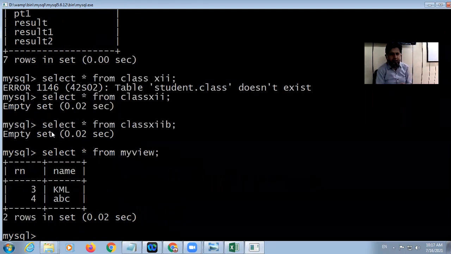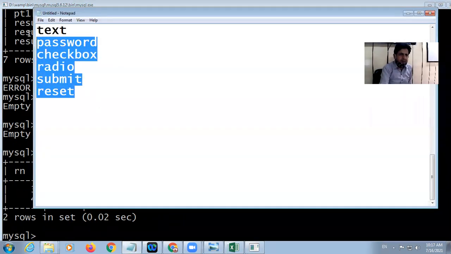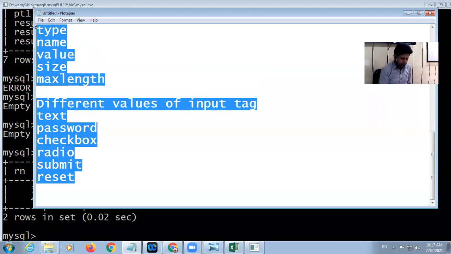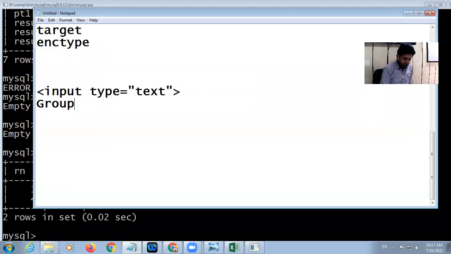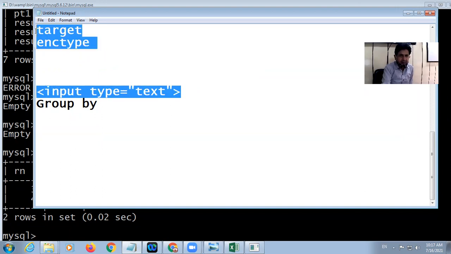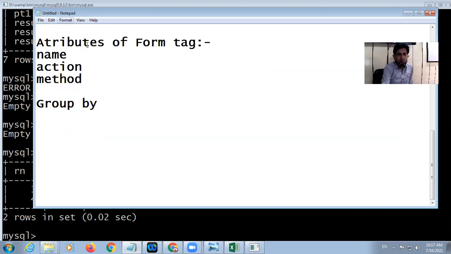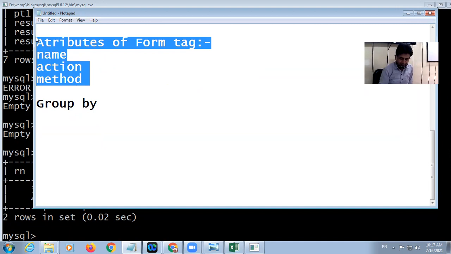Okay, students, I'm going to discuss here the clause named group by. With a group by clause, you divide your table into small segments.